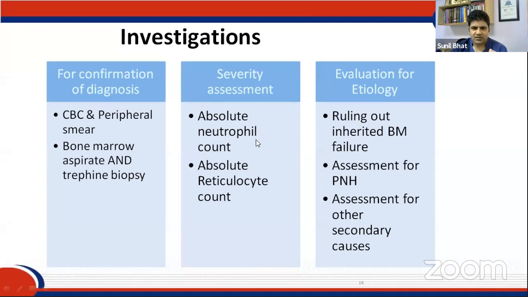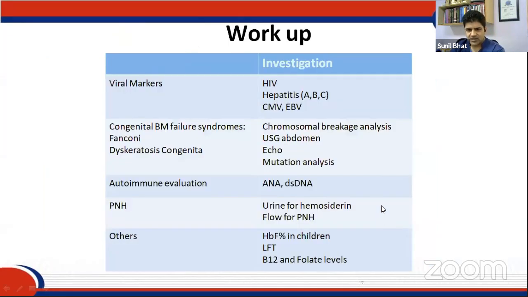Now for the severity assessment, as I said earlier, neutrophil count and absolute reticulocyte count are the ones which tell you how severe the pancytopenia is. And then the evaluation of etiology. For example, you need to rule out bone marrow failure syndrome, so you can rule out secondary causes of aplastic anemia. This table gives you the same things we discussed in the previous slide, the investigations you'll go ahead with to find the cause of pancytopenia: viral markers, and for bone marrow failure syndromes, an ultrasound to look at renal anomalies and other anomalies,